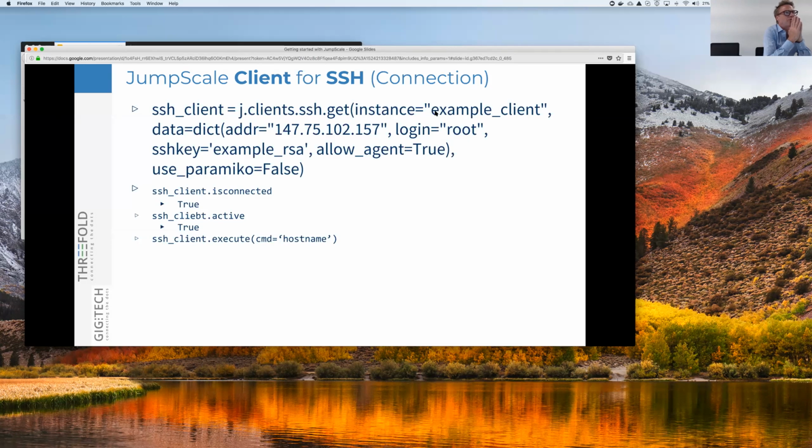So this is about the JumpScale client, not for an SSH key, but it's the JumpScale client for SSH. And most probably it's one of the most powerful clients. Why? Because if you did create a VM on Azure, you did create a VM on OpenVCloud, on whatever you choose, or ZeroS, of course, think about, and that's basically the demo we have prepared for you. Think about the container that we created last time, and you exposed the SSH daemon on a public zero-tier port, yeah? Then you could use this line by saying, get me a client for an SSH, I put it here